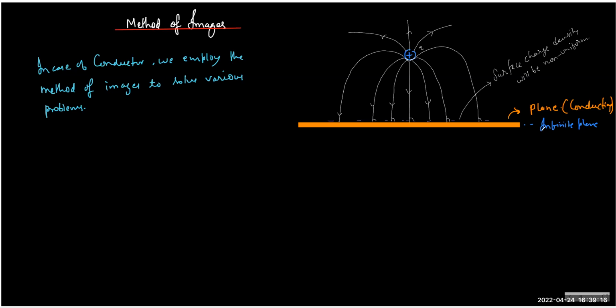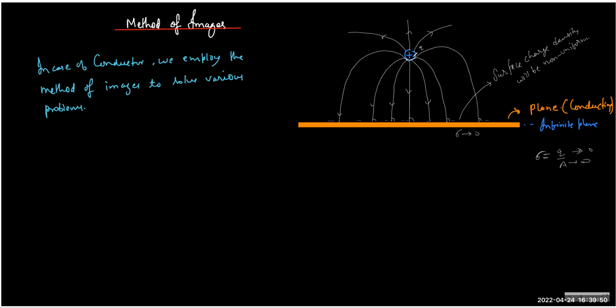The other side will have uniform charge, so uniform density. Correct. But the infinite plane will make the density almost tending to zero. So can we say the outer surface will have almost no charge appearing? Sir, why? Because the charge is finite and the plane is infinite. So sigma is charge upon area. Area is infinity, so this will become zero. Yes, sir. So you will get a very weak field, so it is as good as considering no field.